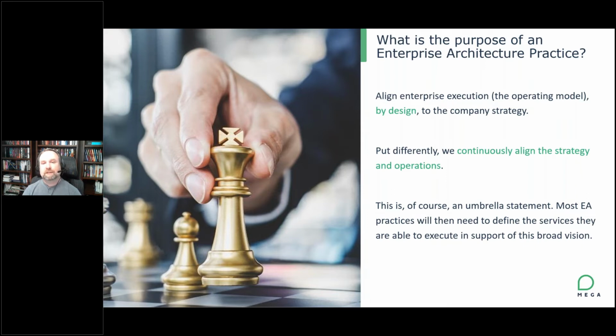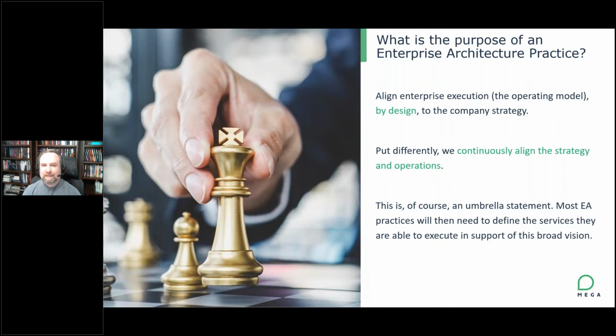There are certain cases, though, that in designing an operating model in order to achieve that strategy, you realize that there's some constraint, whether it be monetary, cost related, resource related, time related, what have you. It may be that we aren't able to achieve the strategy in the timeline or at the level expected, in which case the architecture practice can notify the executive team and say, you know, the strategic vision may be great, but we're not yet set up. We don't have the capabilities in place today to execute on that strategy within the time boundaries established. And so it may pull the strategy back, but most of the time we're moving the operating model towards the strategy.